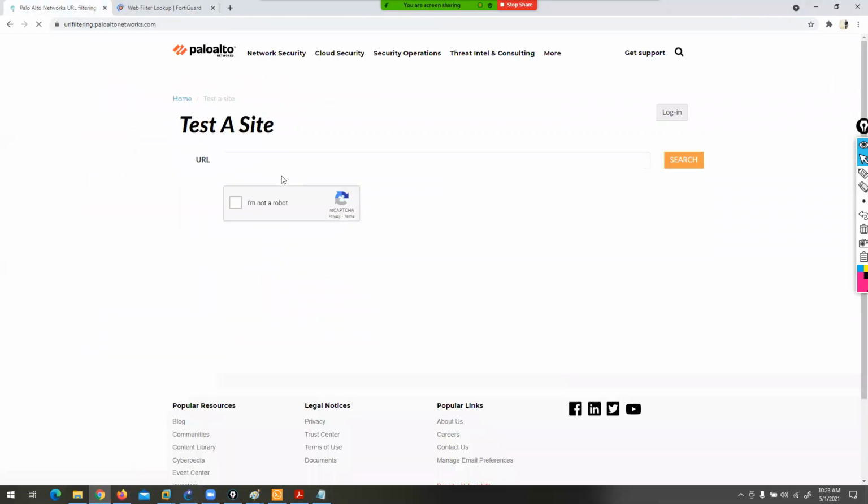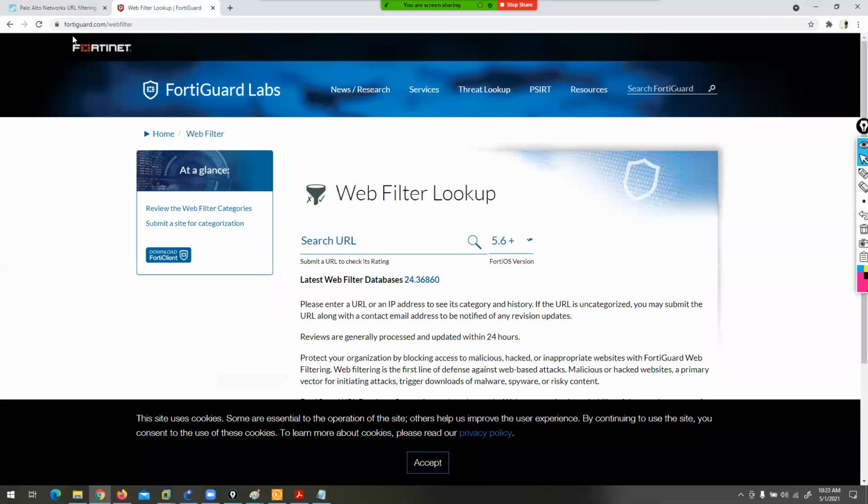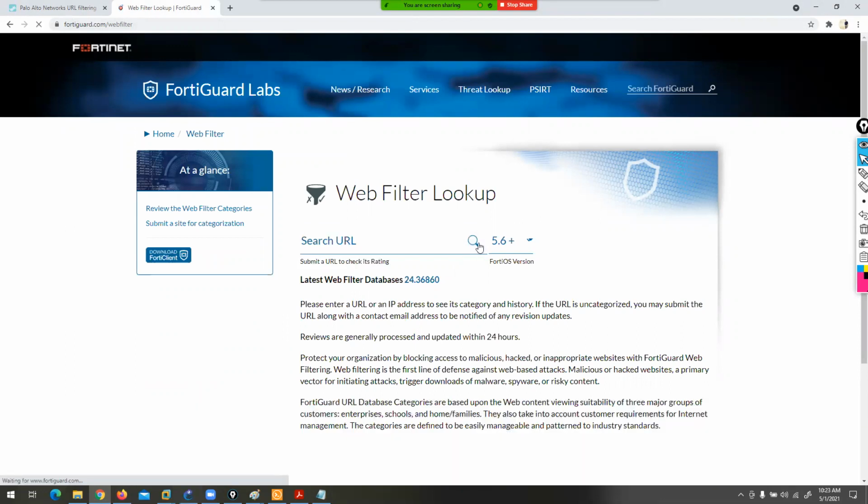If you're working with Palo Alto, you can open urlfiltering.paloaltonetworks.com. If you're working with a FortiGate firewall, fortiguard.com/webfilter. For example, I want to verify which category Facebook is in, so you can search for it.